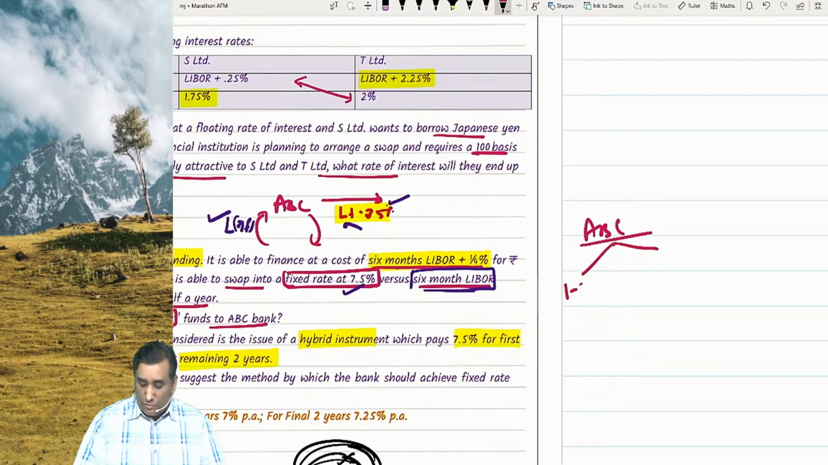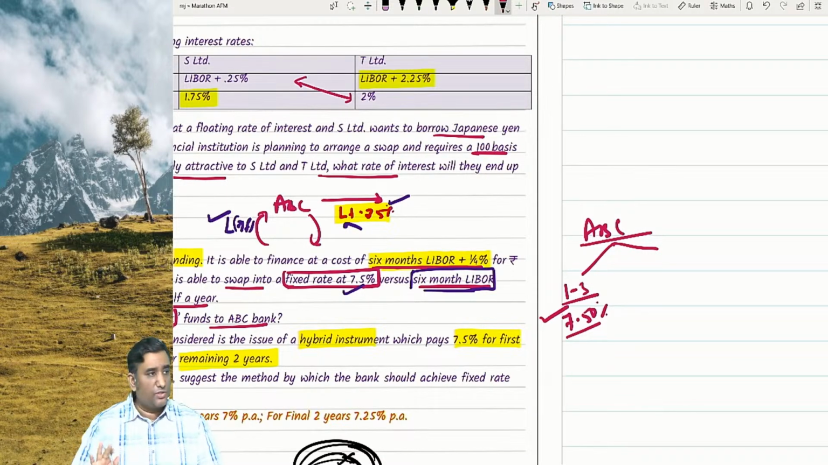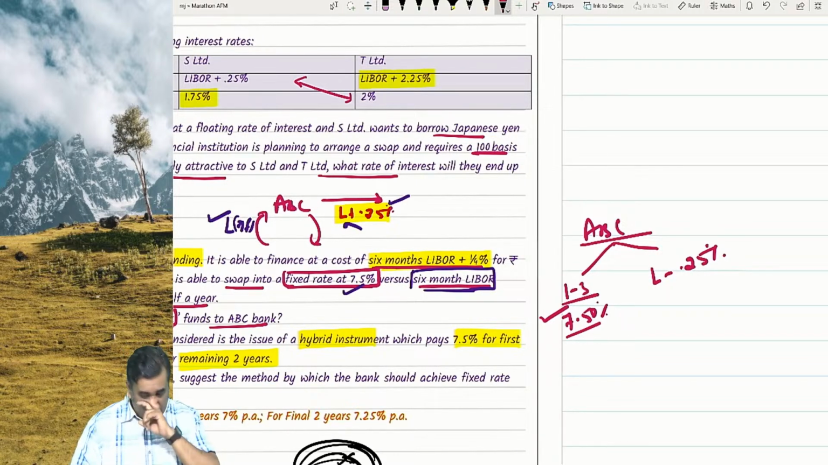In 1 to 3 years he'll pay how much fixed? 7.5. He wanted fixed or floating? Fixed, and he is getting what? Fixed. No challenge to you. Second, he is getting L minus 0.25. His problem is not minus 2.5 or 0.25 or plus. His problem is this, to remove. That means to remove this, if this is his outflow,